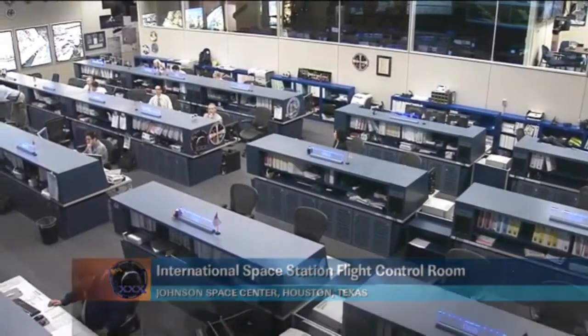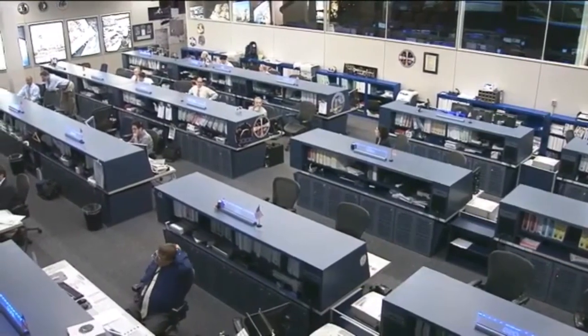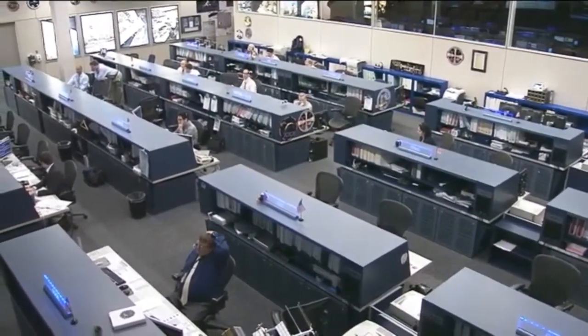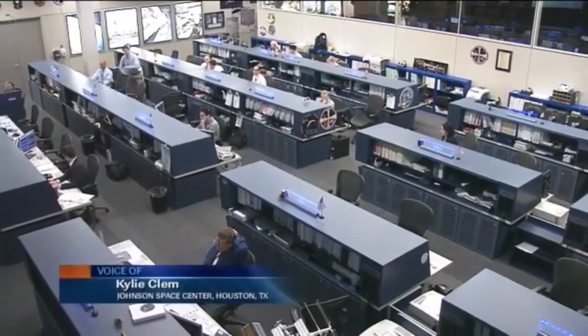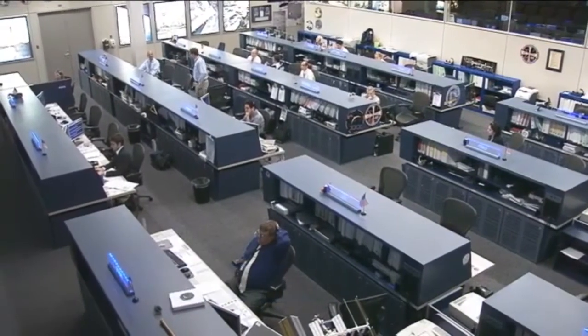Good morning and welcome to Mission Control Houston. We're inside the International Space Station Flight Control Room for today's ISS update. It's Thursday, April 26th, and the team is watching over systems aboard the station, and all is fairly quiet here as the crew members on board the space station are actually in a sleep shift, changing the schedule of operations